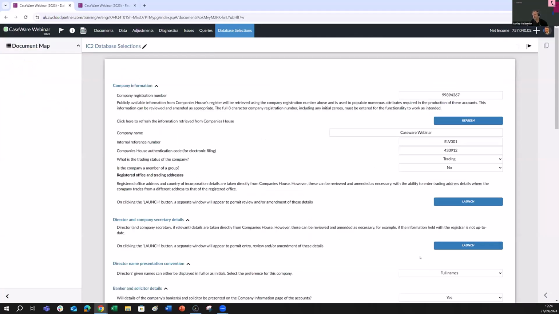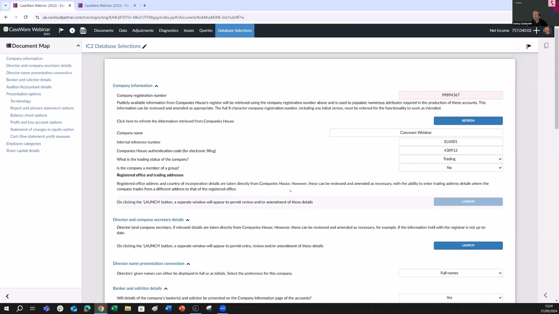Move through then to database selections. That button towards the bottom right will take you through to the next of our wizard documents, IC2. Now, the tool to pull through data from Companies House is also available on the cloud as it is on